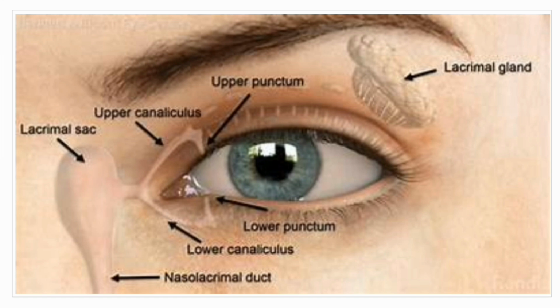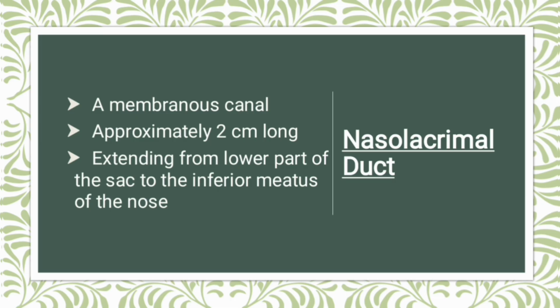So here you can see this is the lacrimal sac which is 15 millimeter in length and 5 millimeter in width when the lacrimal sac is fully filled with the tears, right? And this tube-like structure is the nasolacrimal duct, right? So it is a membranous canal. It is approximately 2 centimeter long, right? It's just 2 centimeter long,